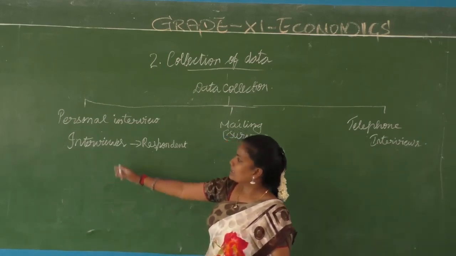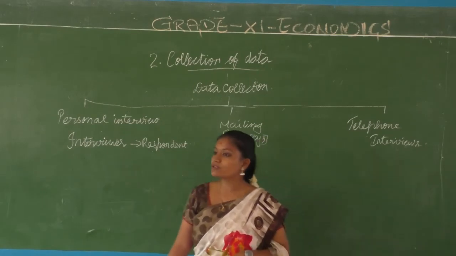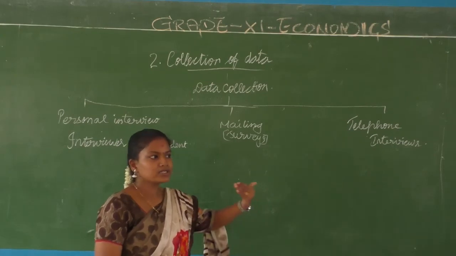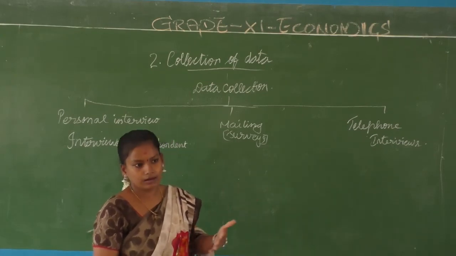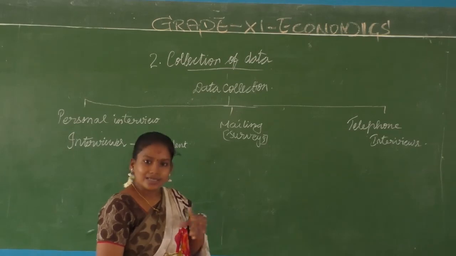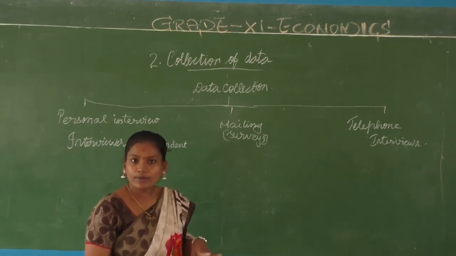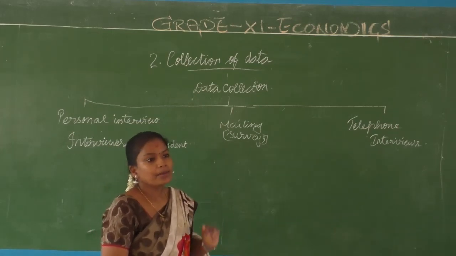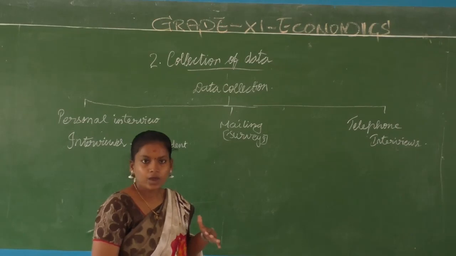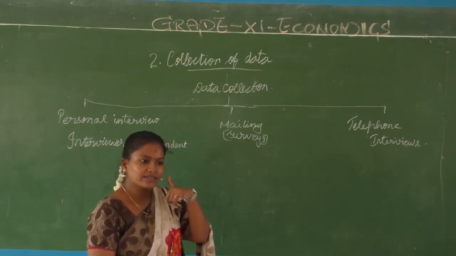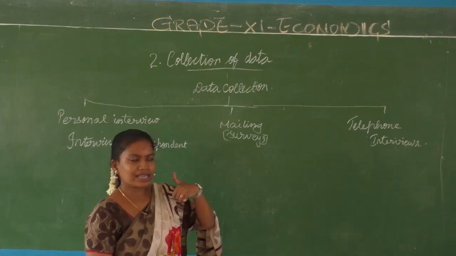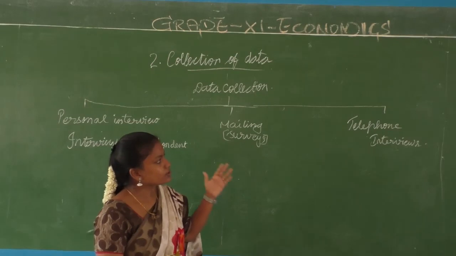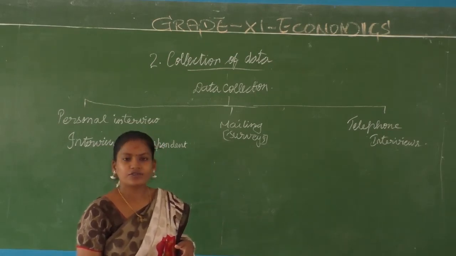Then finally comes the telephonic interview. Here a medium is used, the telephone. Here also the interviewer speaks directly to the respondent, whereas the telephone is the medium. Sometimes it is good because you can explain the concept. There is a disadvantage mentioned in your book which is not true nowadays, that everybody may not have telephones. Everybody has a telephone now. The problem is they may not pick it up. When you get customer care calls, what do we do? We immediately disconnect the call and block their numbers. So that is also possible in telephonic interviews.